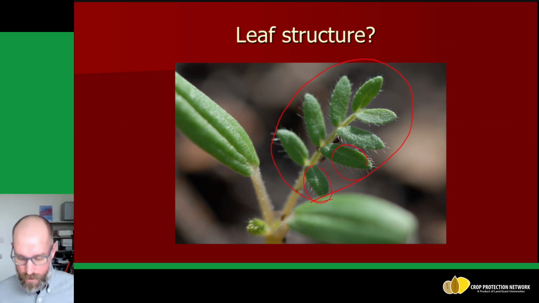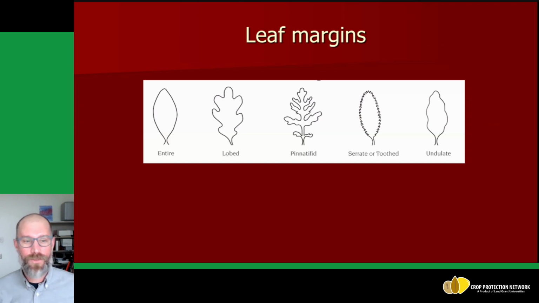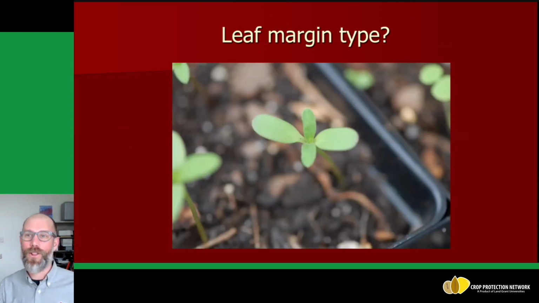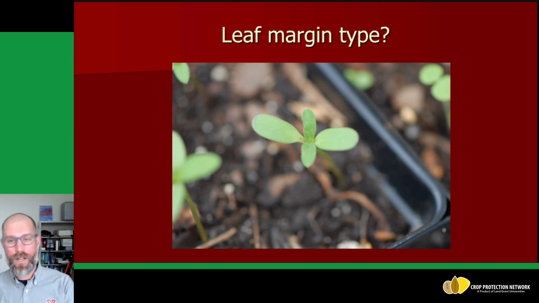on the plant there. Leaf margin can be another really helpful characteristic to distinguish from different types of plants. And so when we look at different plants and their leaves, they'll have different shapes or edges there on the leaves themselves. And so this can be a really useful way to differentiate between plants. And so a lot of broadleaf weed identification is identifying different characteristics that help us separate one plant from another, and starting to put plants into different categories. And this is what makes broadleaf, or it's usually the process that we go through when we're thinking about broadleaf